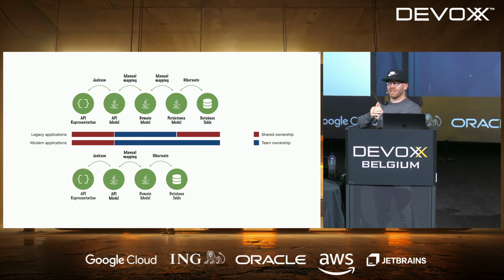Decouple from those changes that you might not control yourself. The API representations, it's kind of the same, right? If you build an API and it's successful in one way or another, you probably don't know who's actually using it. So you cannot arbitrarily change the thing because you would break, I don't know, thousands of clients. With more modern applications, I think we can take a more nuanced stance on that, because if you own